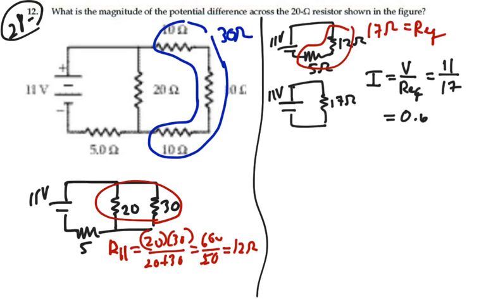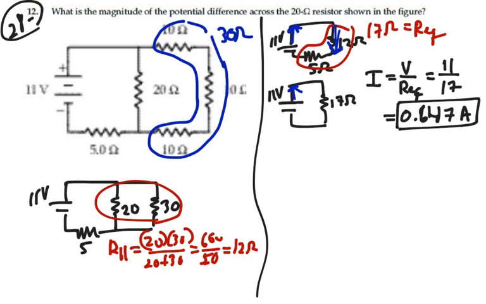So I have 0.647 amps coming out of the battery in any representation I choose. So there's 0.647 amps coming out of this battery and this battery. Any equivalent circuit should have no different effect on the battery. So it's going to put out 0.647 amps in any representation I choose,